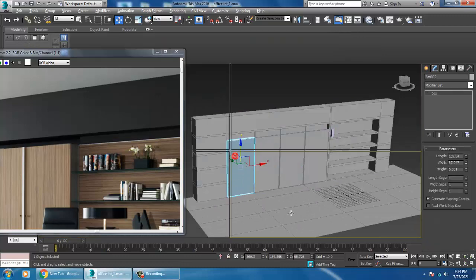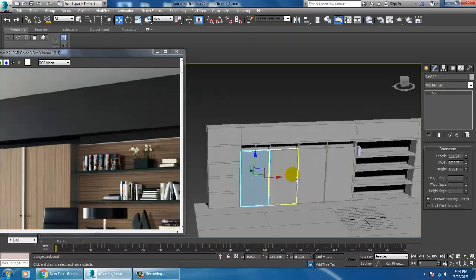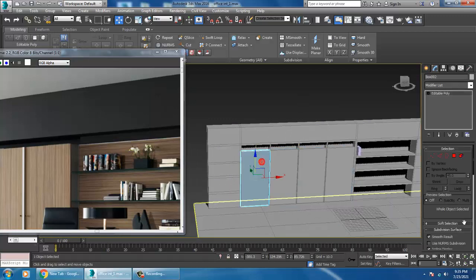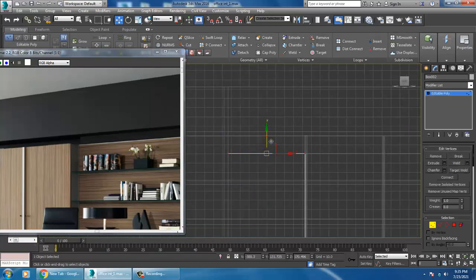Convert to editable poly. I'll just do it individually for now.